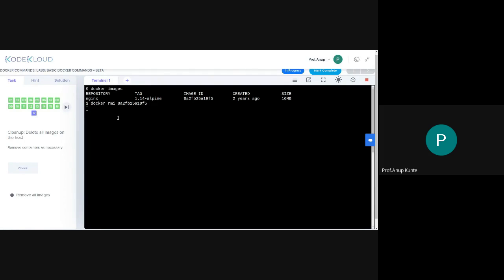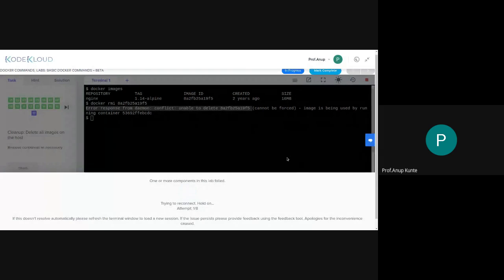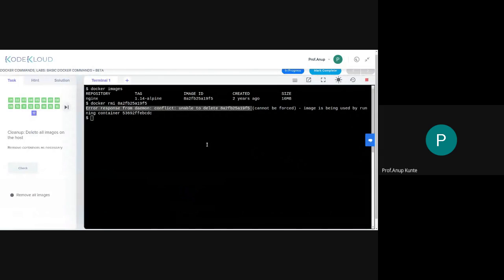It is taking time because it says that there is a conflict. Unable to delete this, cannot be forced. Image is being used by a running Docker container. So this container is actually running this image.